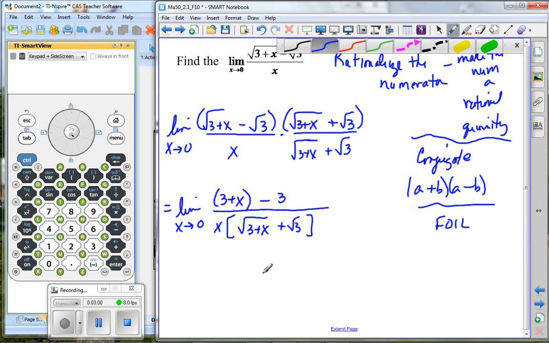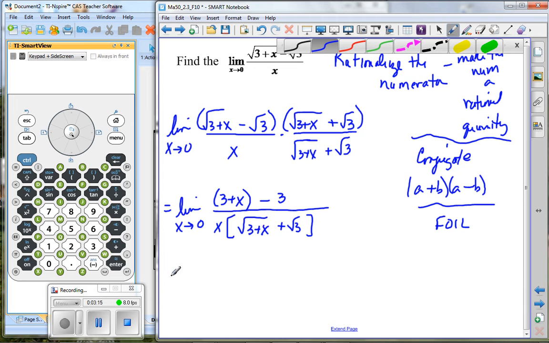Doing the same thing you did in high school with rationalizing the denominator, we're just going to rationalize the numerator. Okay, we still are not able to use direct substitution because this would become 0, which would of course